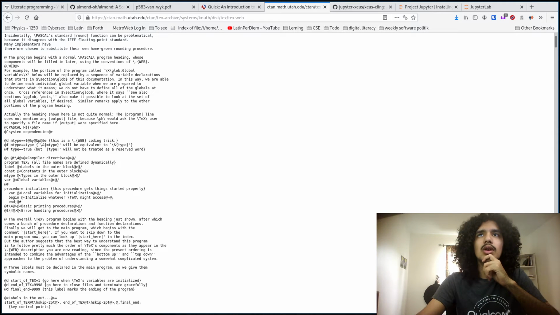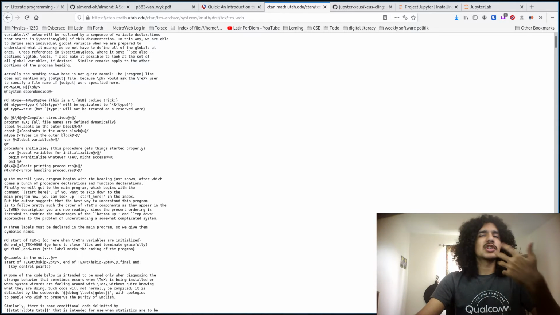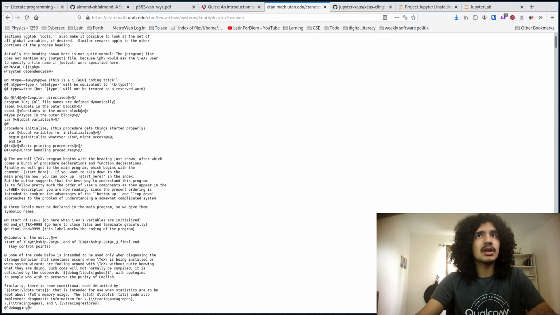Program TeX. All file names are defined dynamically. Labels in the outer block. Procedure initialize. This procedure gets things started properly. Whatever, right? So this is really readable. If you're interested, I recommend taking a look. I'll put this domain into the description. And